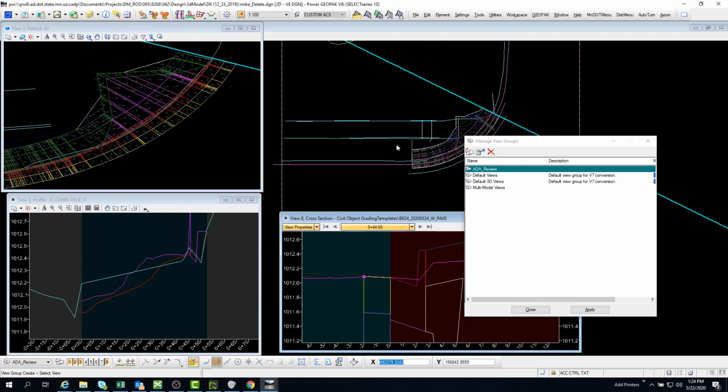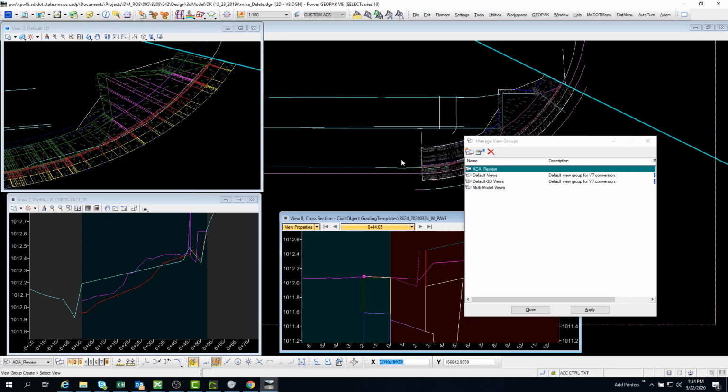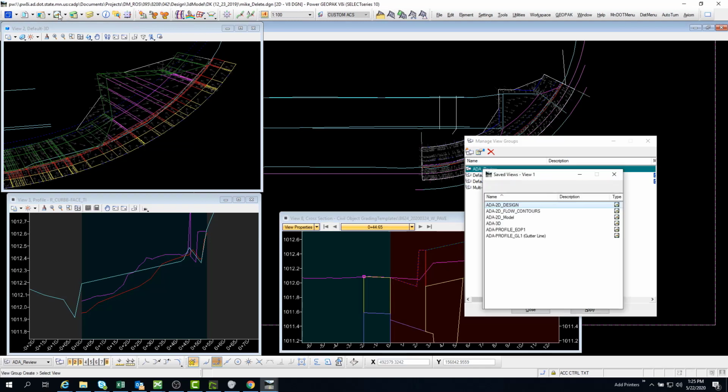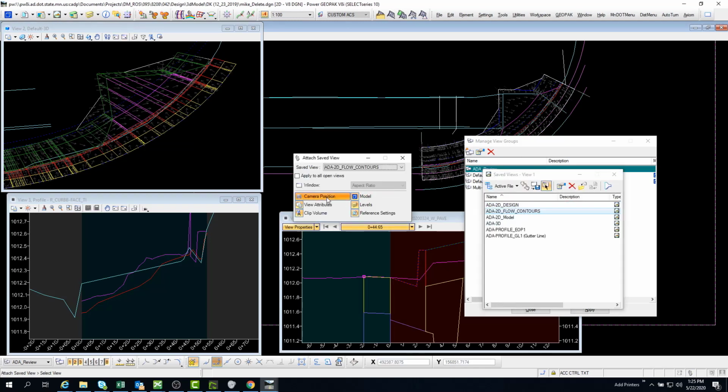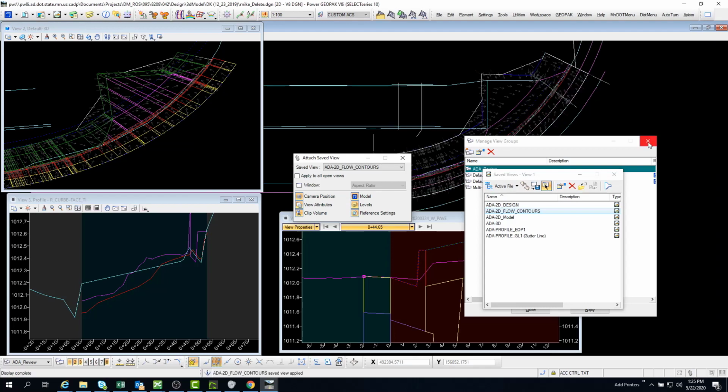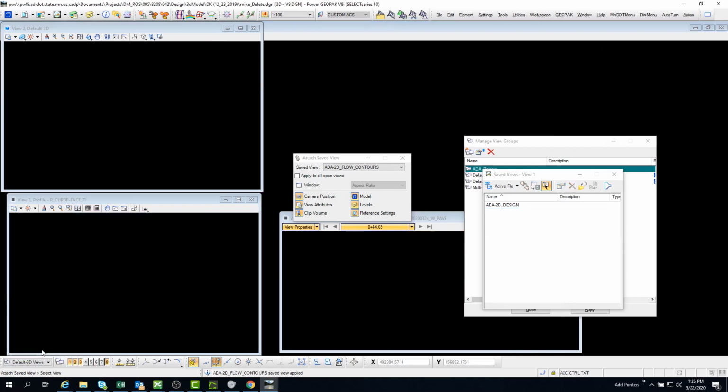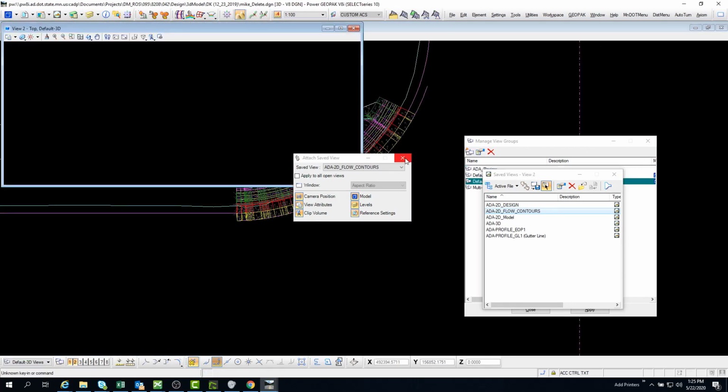Now I will leave that. Sometimes it recalibrates that view right there. I don't know why. I wish it wouldn't. Let me recalibrate that by going into the saved views. Camera position. There we go. And now let's get out of that. So it doesn't work perfectly, but what it does is it allows the